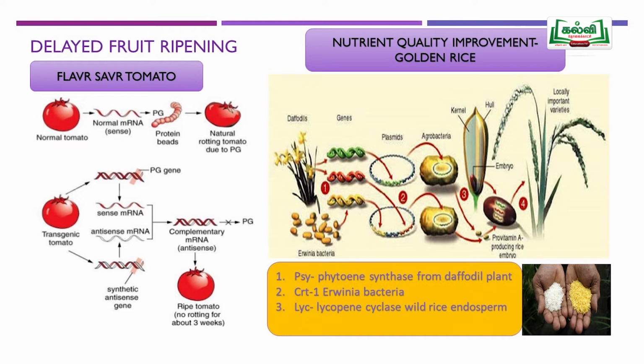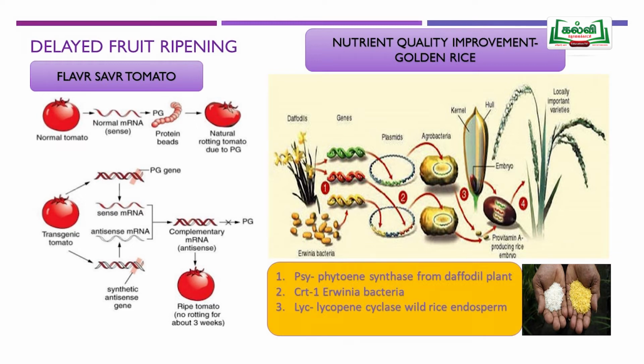The pectic compound present, calcium pectate, gets digested by certain enzymes, especially polygalacturonase, which digests the calcium pectate. Due to that, softening of the tissue takes place, and the fruit is easily wasted. So if we are going for shipment, it is not possible for such a crop. If we apply the delayed fruit ripening technique, the antisense technique, we use an antisense gene for the polygalacturonase enzyme. So we have to insert the anti-PG gene into a crop variety.